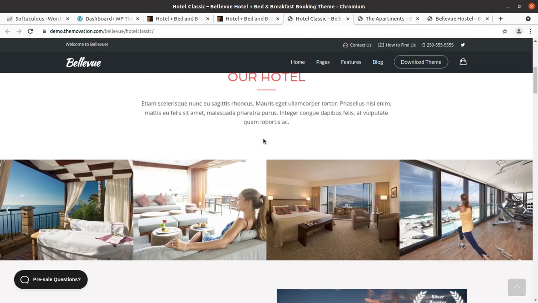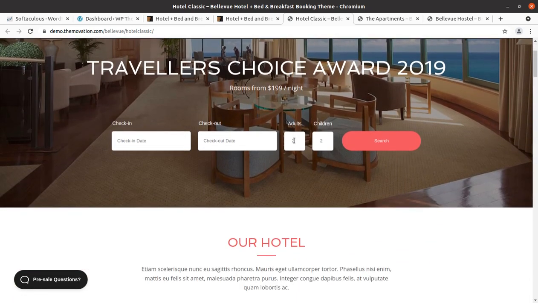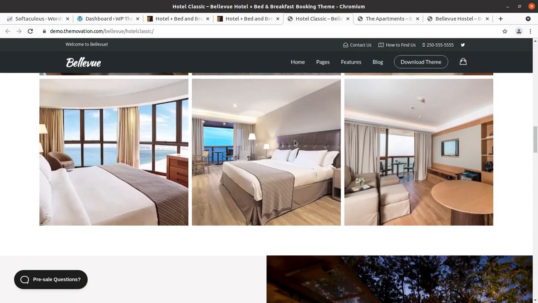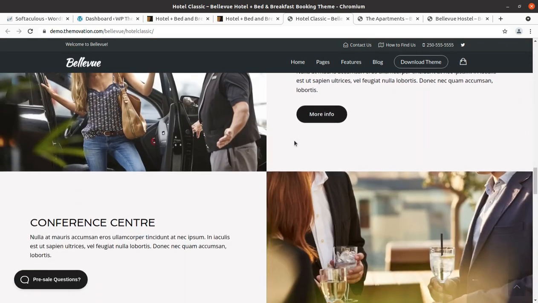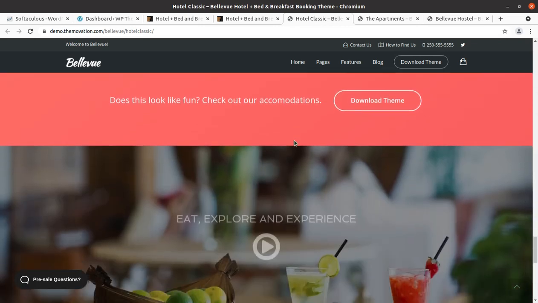And we will also preview the theme options and the basic customization options, so that you may decide about the Bellyview WordPress theme. Let us further go through the demo websites, and this is one of the demo websites made with the Bellyview WordPress theme, and it has all the great look and functionality that you need at your website.